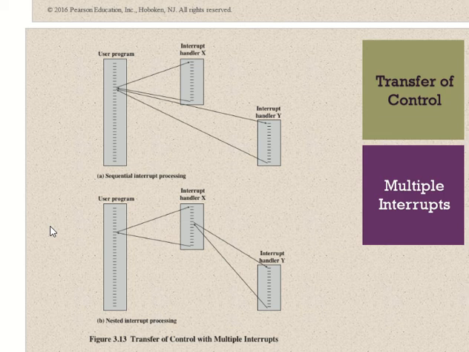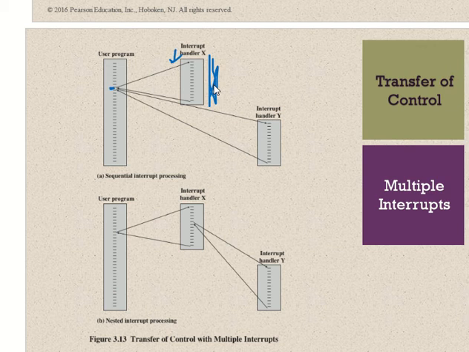The first is to disable interrupts while an interrupt is being processed. In this example, when the processor is going to serve the interrupt service routine, while it is executing this routine, it will disable the interrupt.